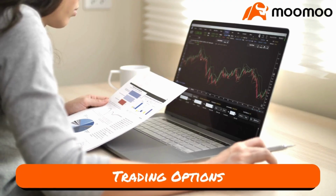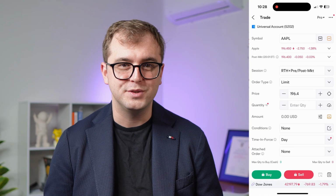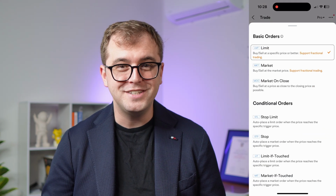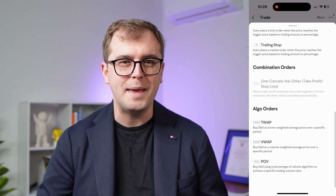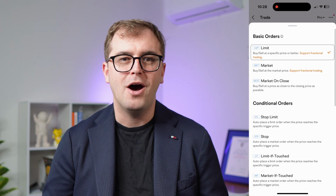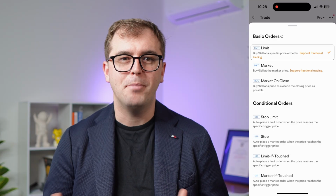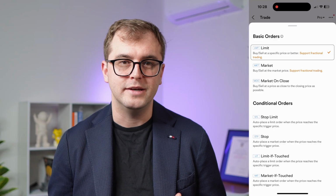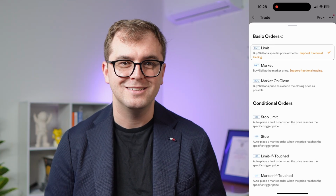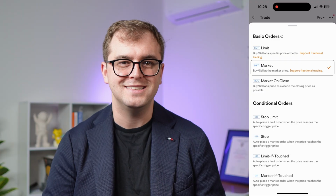Fifth, let's talk about Moomoo's trading options. Moomoo has probably the most comprehensive suite of buy and sell options I've seen on a trading app. There are 13 options in total, offering way more flexibility than most apps that only offer the basics. A limit buy and sell allows you to specify a stock price. If you can buy a stock at that price or lower, or sell for that price or higher, Moomoo will execute the trade. A market buy or sell trade allows you to buy or sell stock at the next available